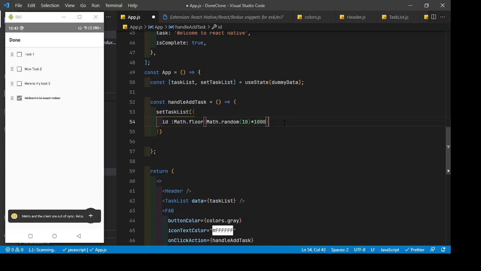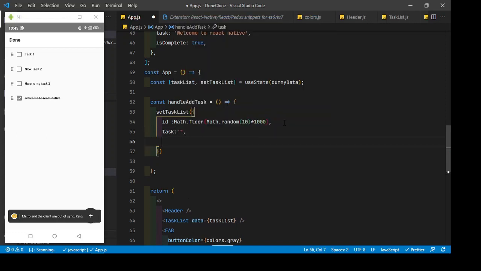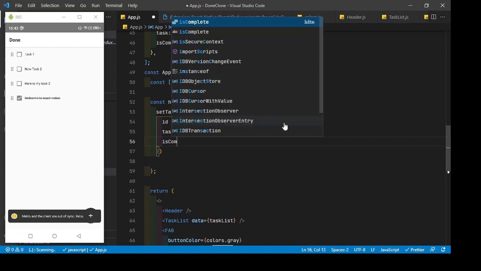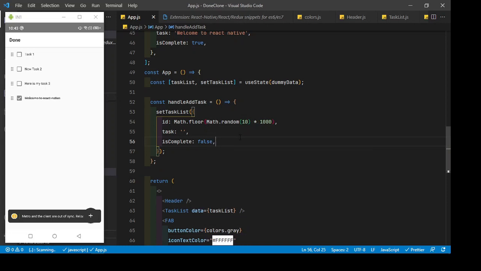So this is the random number, and a task is empty and its complete is obviously false because we are adding. So task is will get it. Okay. So let's try. So if I click on plus button,